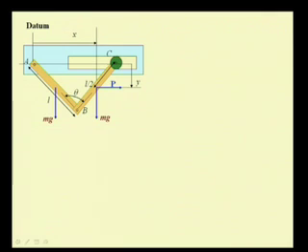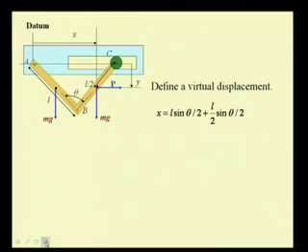So, we are interested to know how this point from where this force mg acts undergoes displacement as this x changes, and also this point where this mg as well as P is acting, how this point undergoes the virtual displacement consistent with these constraints. So, first we define this virtual displacement. So, first let us relate this x with this theta. So, we have this x as